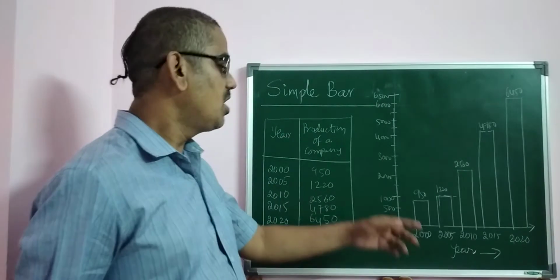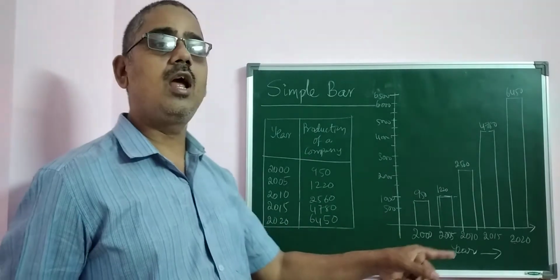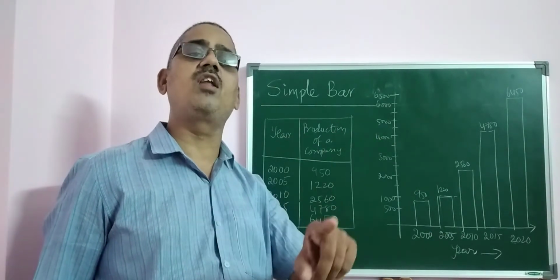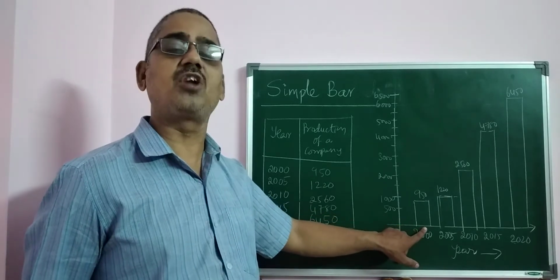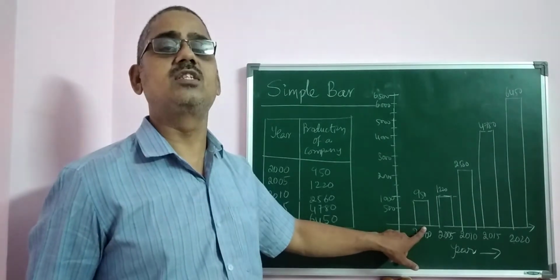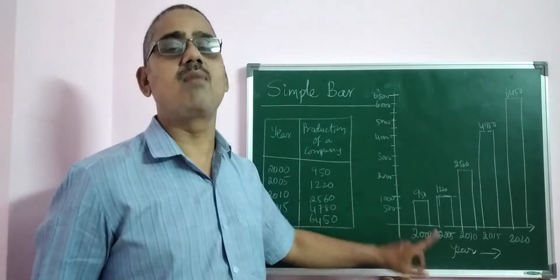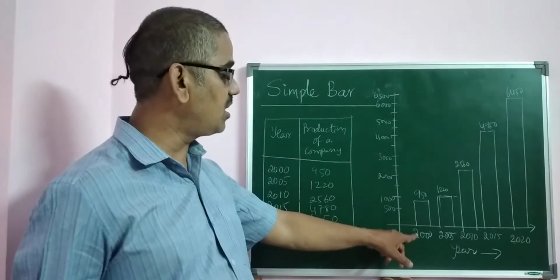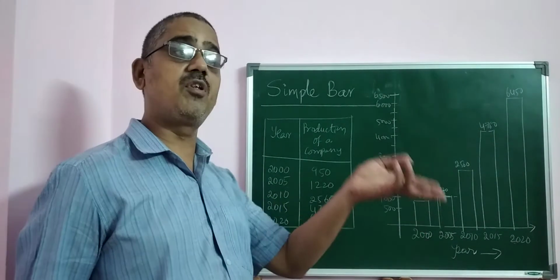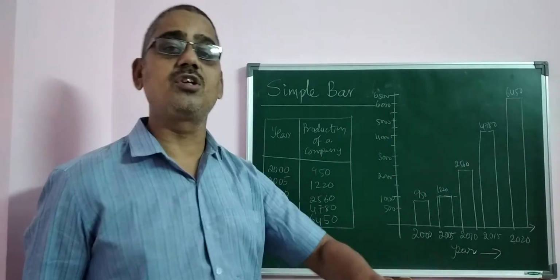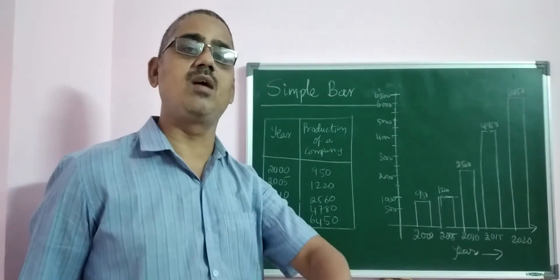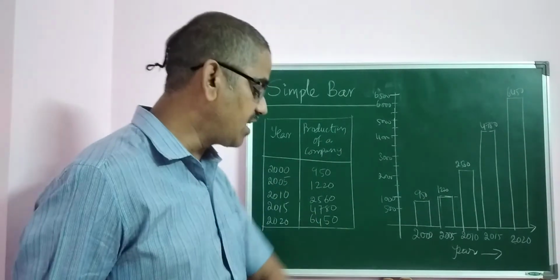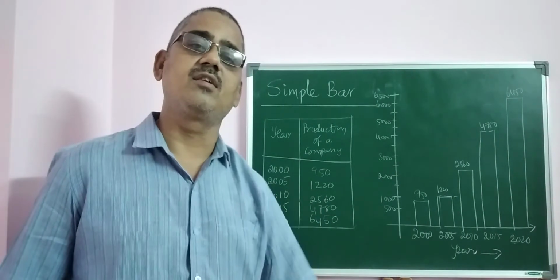If you draw one value of the one variable, represented for a particular year, for a particular time period, then such a bar diagram is known as simple bar diagram. Here we have represented for a year only one company. If you represent more than one company, it is not a simple bar diagram. So if you represent only one variable of the category, then it is nothing but simple bar diagram.